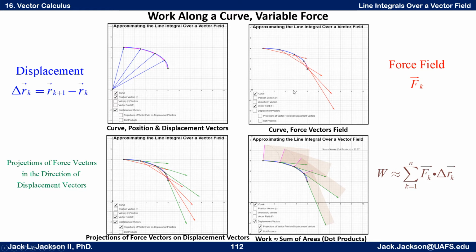Force field is given by F, and we're going to see the dot product by projecting the force field onto those displacement vectors, and then flip it around and make some areas out of it and add those areas up. Okay, so let's go back to the